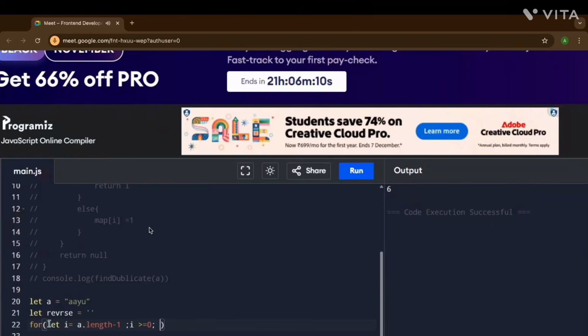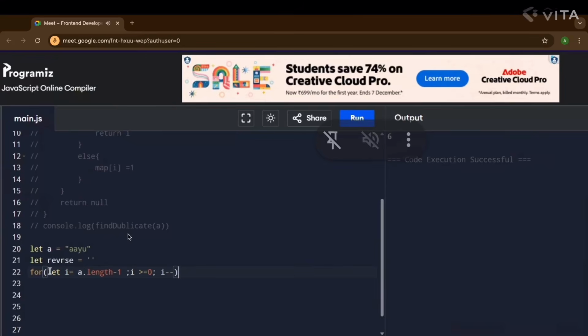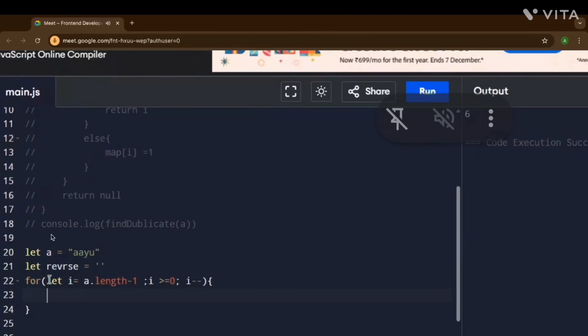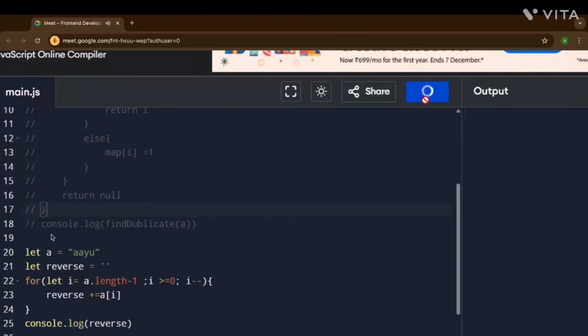This is our terminating condition, and we decrement i in each iteration. We append to reverse the character at index i. Now we log it. Yes, done, good.